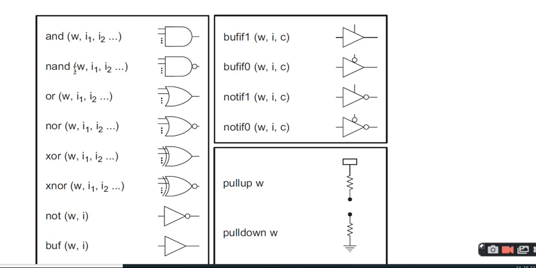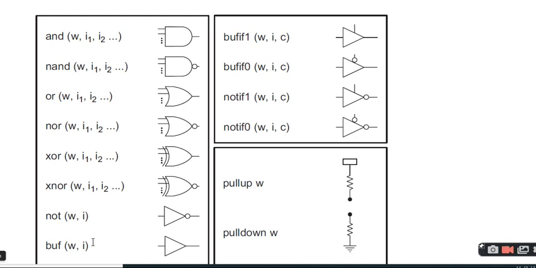Similarly, you have built-in primitive logic gates: NAND, which is under the combinational gates. Suppose you want to design any combinational circuit, you can use this gate. Similarly, you can have built-in primitives OR, NOR, XOR, XNOR, NOT. These are the symbols, as you know.